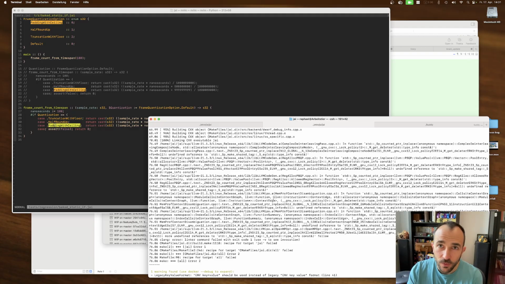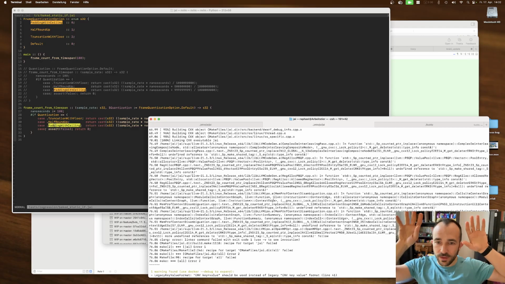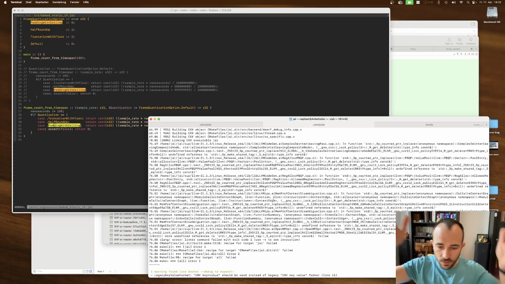Between Ubuntu 18.04 and 20.04, something about the C standard library headers that ship with the operating system changed. They don't seem to ship with the compiler, but with the operating system. I don't know exactly, I didn't look into where it included it from, but something changed about the standard library headers so that the ABI compatibility of some of these STD optional or STD maps or whatever changed. They changed the internal layout. We update from 18.04 to 20.04.